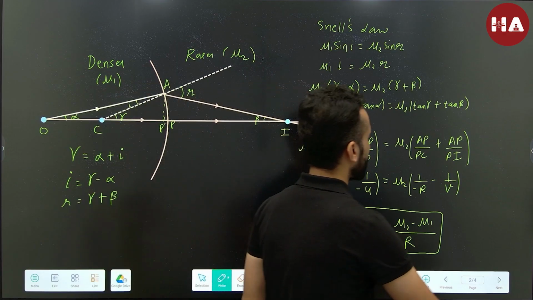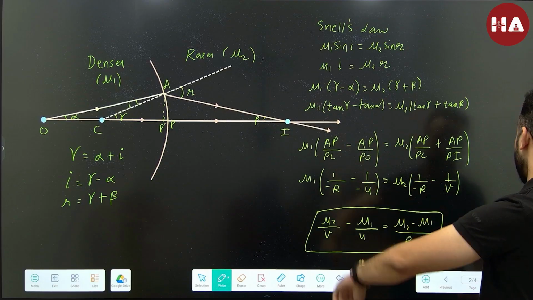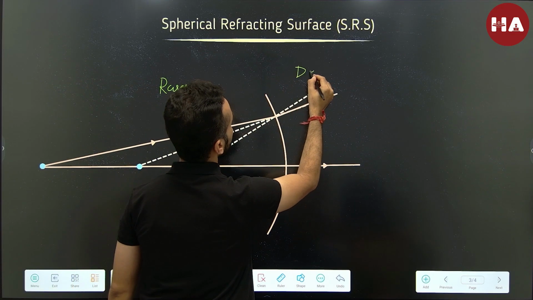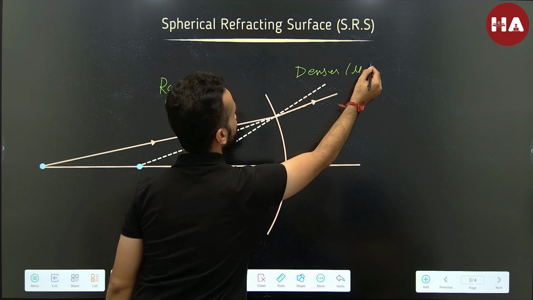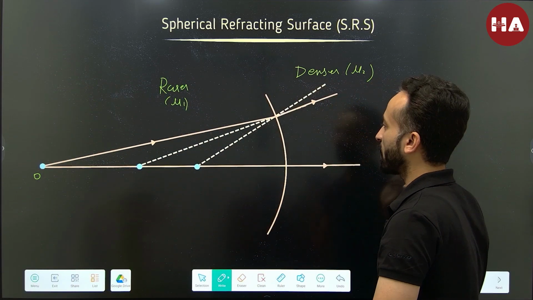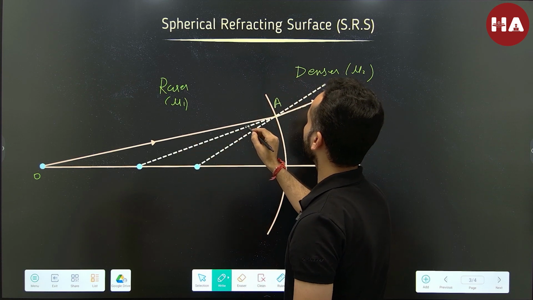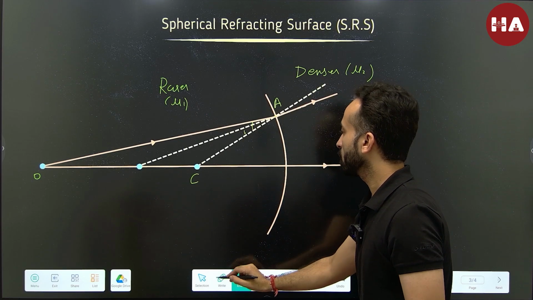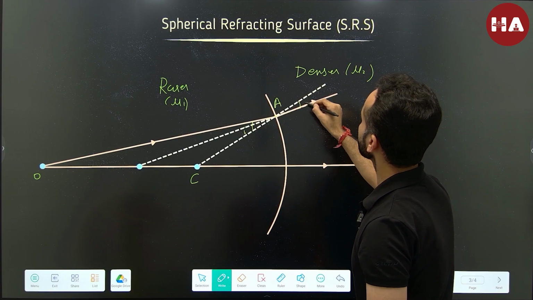All right. So now let's again take the case of concave surface, as you may see here, but it was denser to rarer. Now let's talk about rarer to denser. So rarer to denser, you can understand this is a concave surface. Again, let's call it mu1, let's call it mu2, and this is, let's say, the object. A ray along the principal axis is going undeviated. Another ray from O incident at point A. Angle of incidence is, let's say, I. So this is the center of curvature and this is the normal, as you can clearly see. So the ray is bending towards the normal and this is therefore the angle